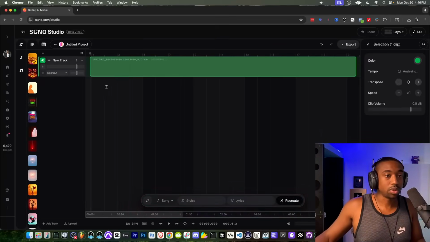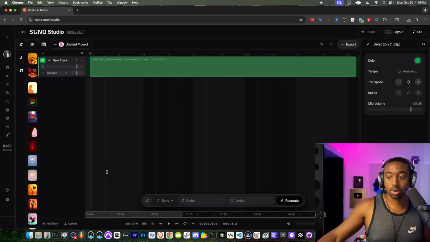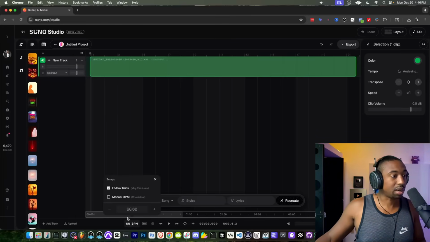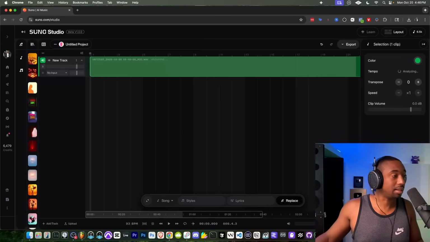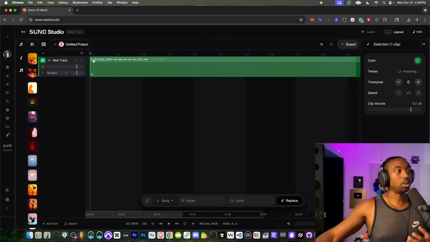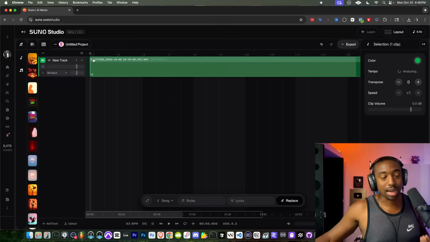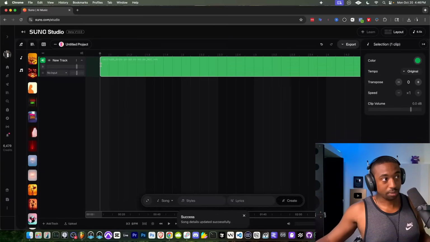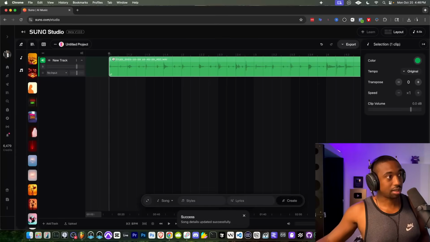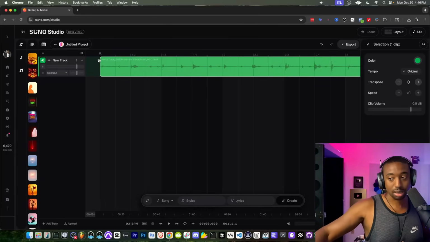All right, so what it will do is check for the BPM. So what we're going to do in Suno Studio is click here at the bottom, go to manual BPM and type in the same BPM that we had in the DAW. This gives Suno a little more information in terms of quantizing and how it will generate other stuff. Now also, we want to zoom in and make sure that we're dragging this to the 1 so that everything starts at the same exact spot.